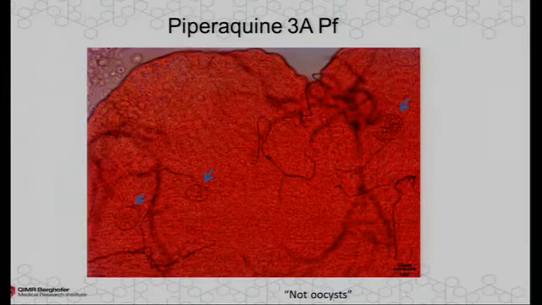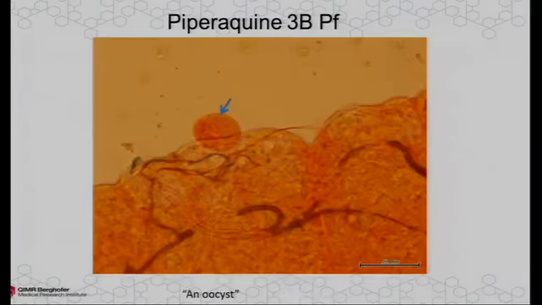falciparum, and we saw these circular structures in the midgut of our mosquitoes, and our external expert said these weren't oocysts. So we had definitive advice that these weren't. And then a third expert looked at one of our cohorts and said that she thought this was an oocyst. So clearly we need to work closely with people like Tune to improve our systems to actually determine which is and is not